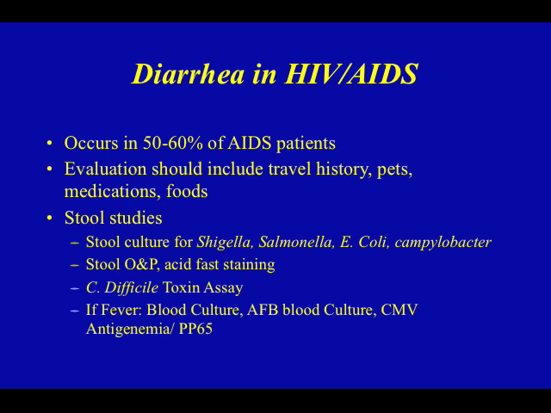What's the workup? You, of course, need stool studies for enteric pathogens, for ova and parasites. Why do you need the AFB of the stool? Cryptosporidium and MAC, Mycobacterium avium complex, and Isospora. So Cryptosporidium, Microsporidium, Isospora, and MAC, they are all AFB positive. So you may not have to order all of those up front. You can just do